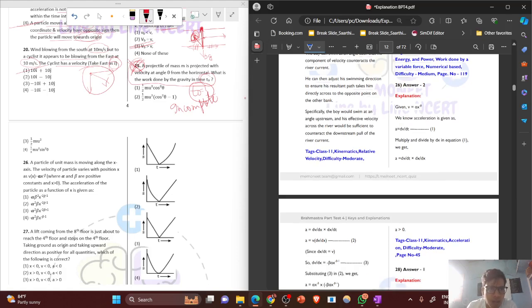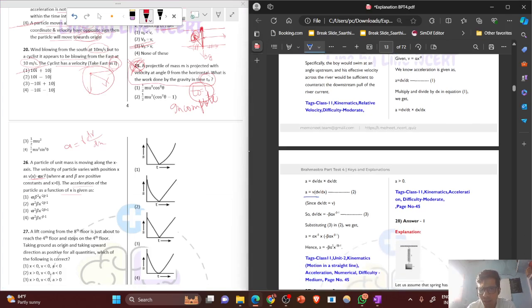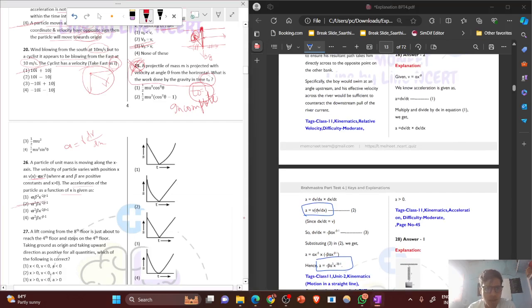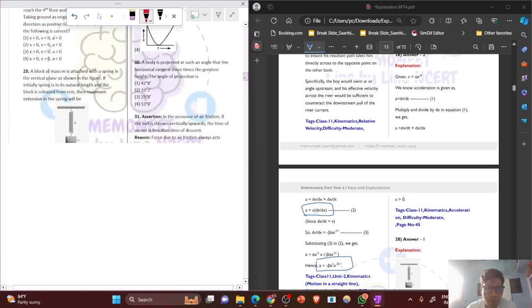A particle of unit mass is moving along this. The velocity of the particle varies, and the velocity is given by this. The acceleration of the particle is a function of x. It is just asking for acceleration. So you know acceleration can be given as v dv by dx. Just do the differentiation. Put the value of v here and differentiate, and you get the acceleration equal to this. Your correct option will be option number two. It's a simple differentiation question. Moving ahead,